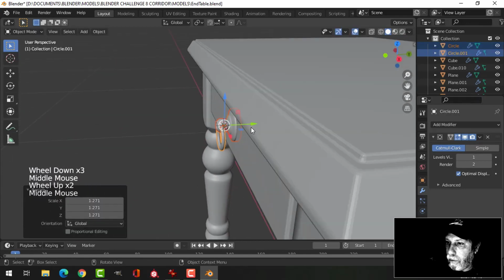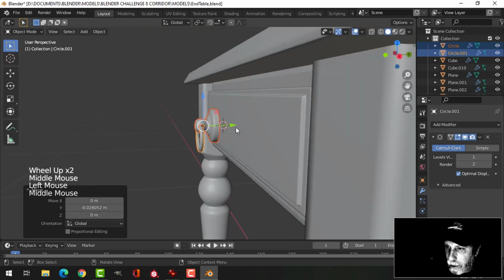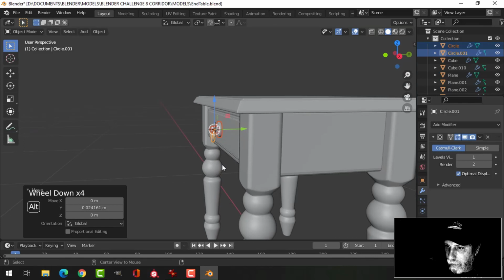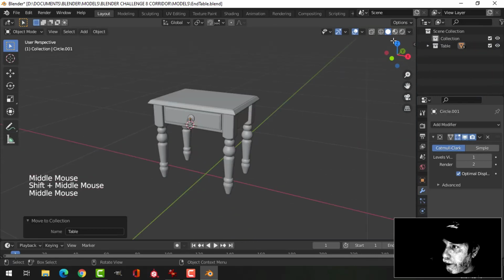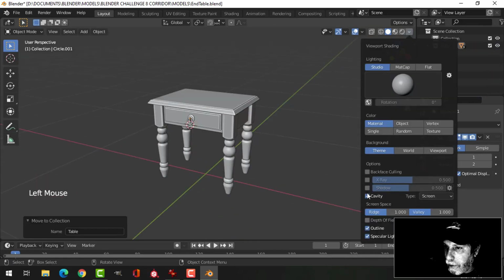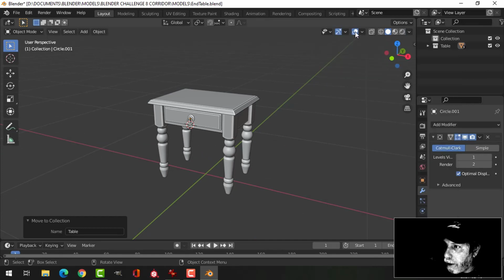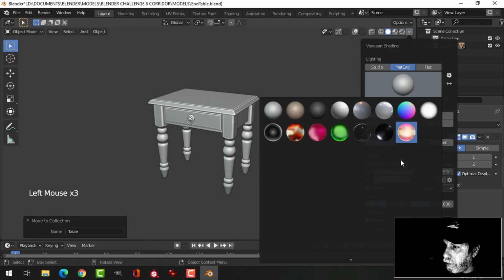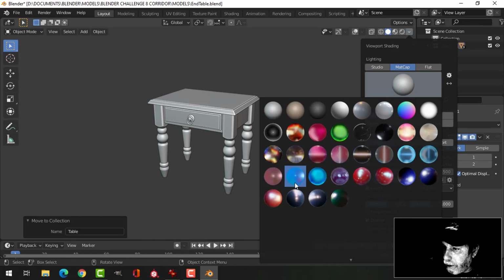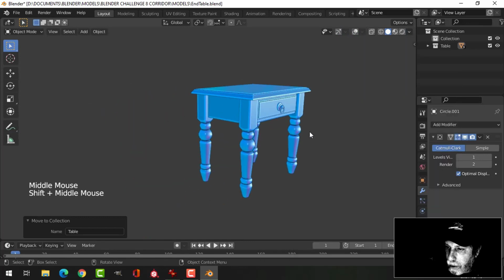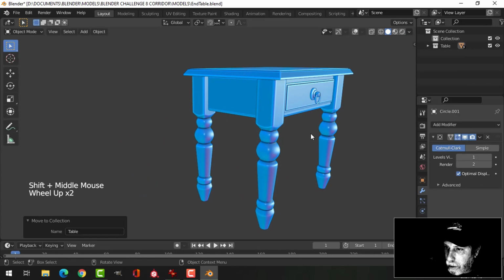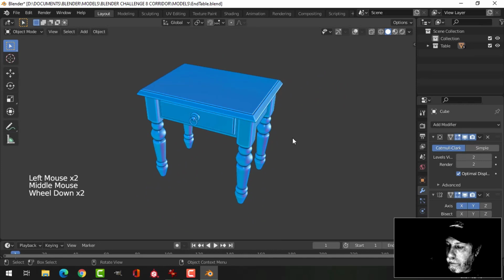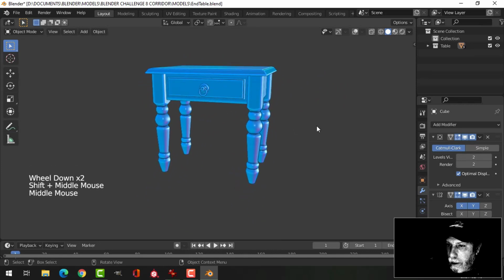I'll make it a little bit more visible. Now, we got any back on it? Nope. Let's have a look at this with the cavity shader. Let's turn that off and that off. And just have a look at it like this. So that